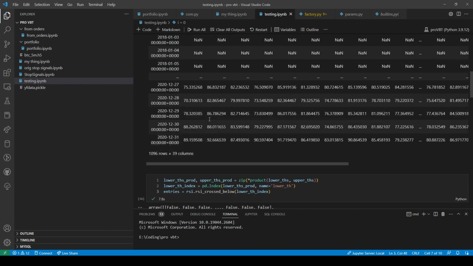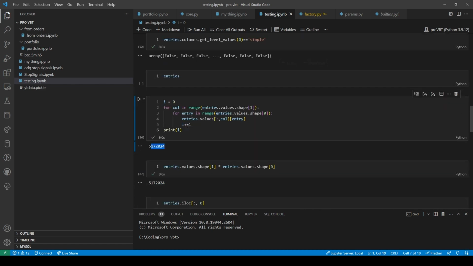Wait a minute. This is 5 million possibilities already. Oh no, this isn't 5 million possibilities. This is just 5 million to go through. This is 5 million entries. So we have to check over 5 million entries.